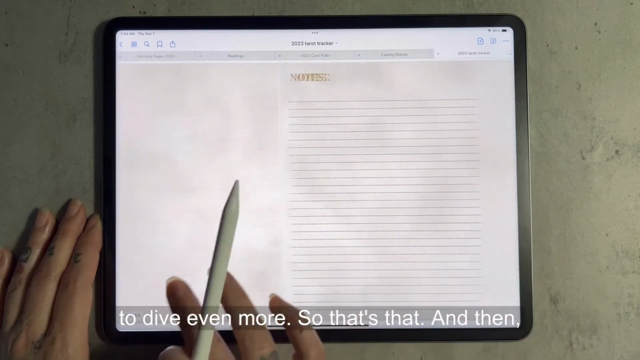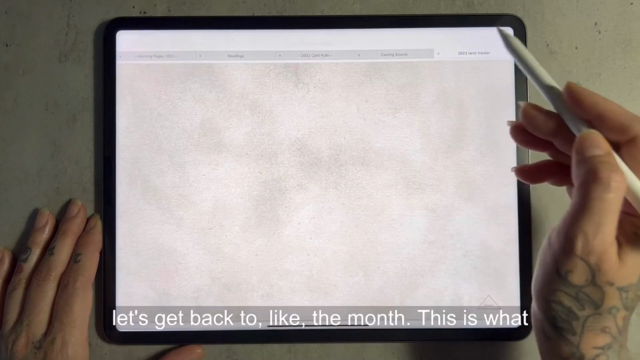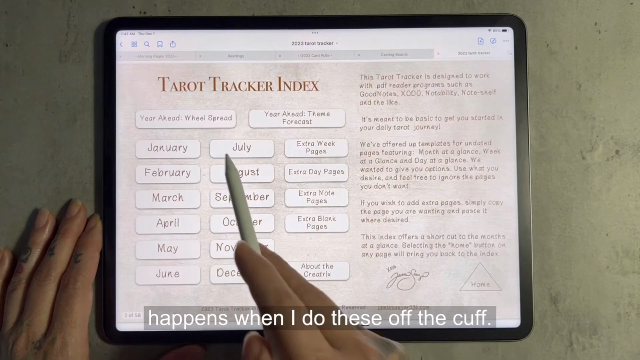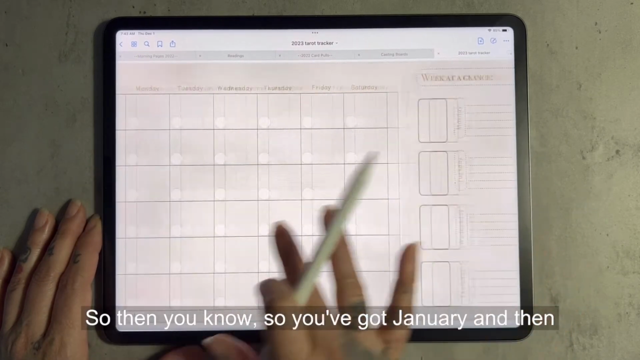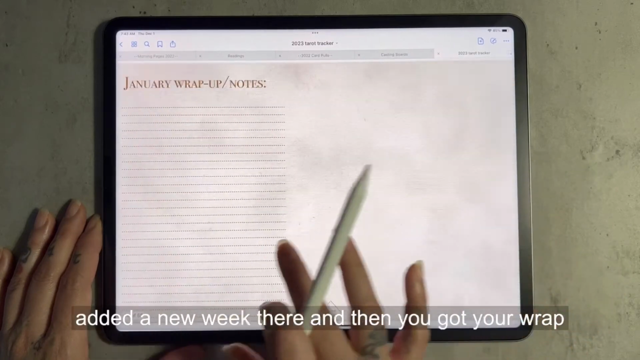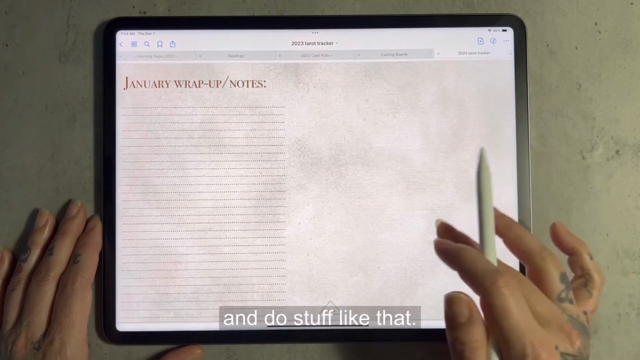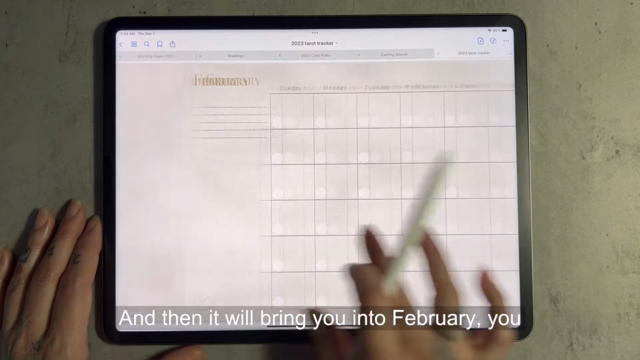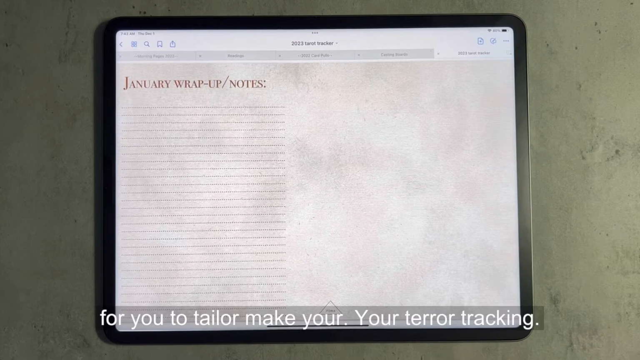So that's that. And then we have notes. And then, oh wait, let's get back to the month. This is what happens when I do these off the cuff. So you've got January, and then you've got your week, your day, and then we added a new week there. And then you've got your wrap up notes, and then you can add any stickers and do stuff like that. And then it will bring you into February. So it's basic, but it's a good jump off point for you to tailor make your